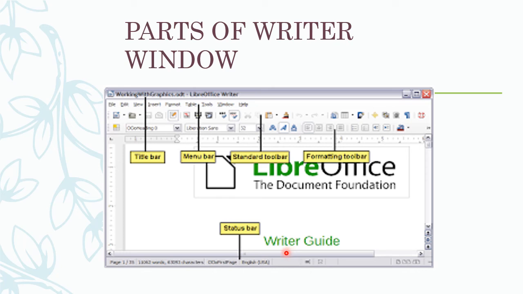The horizontal scroll bar is used to see the left and right content, because if we are zooming in, we can't see the full content, so we can use the scroll bar to see the left content or the right content. So these are all the parts of the Writer window. Okay,